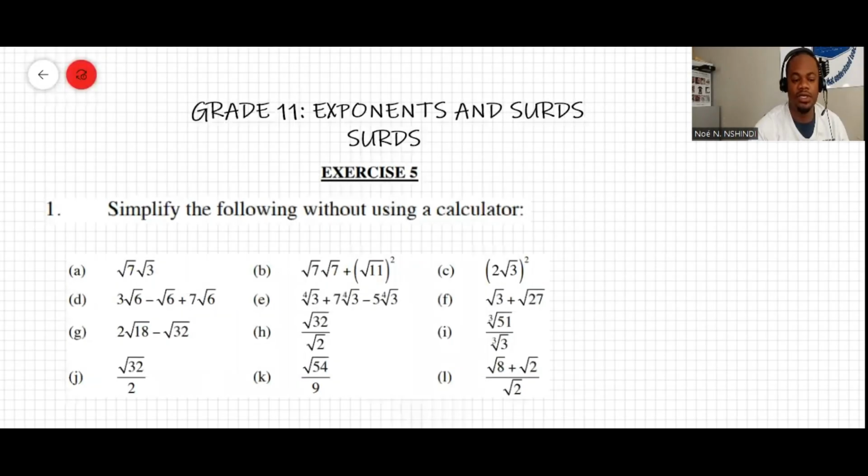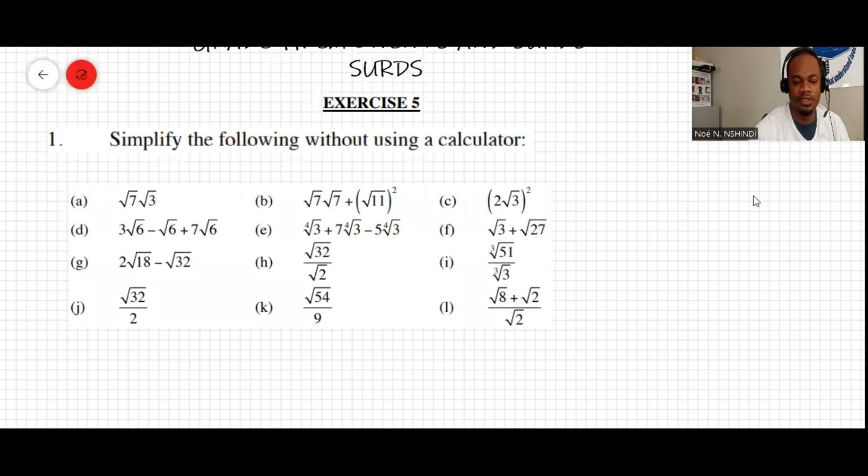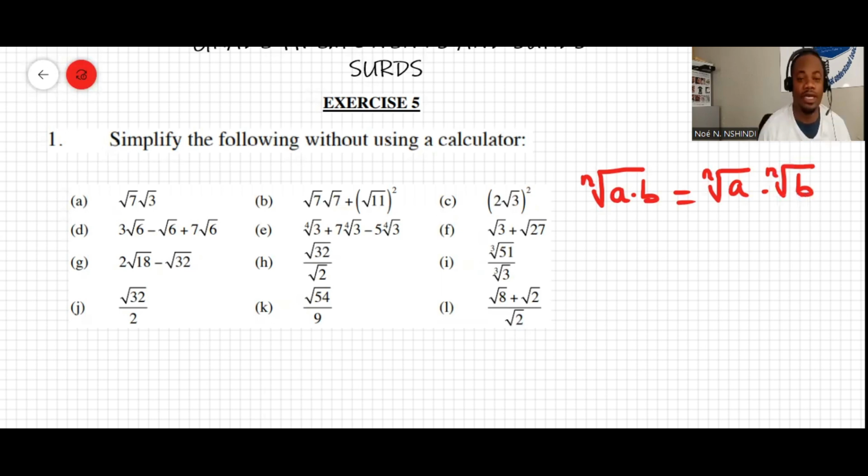Well, now we start doing an exercise series on surds. Before we do that, I'm going to move it a little bit here. It is important to note that the nth root of a times b is equal to the nth root of a multiplied by the nth root of b. So those formulas are useful from left to right as well as from right to left. Like in this question,